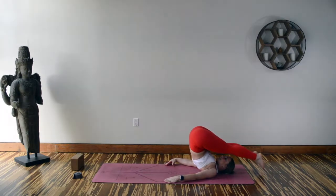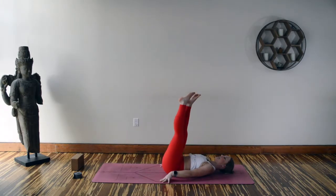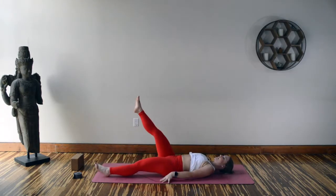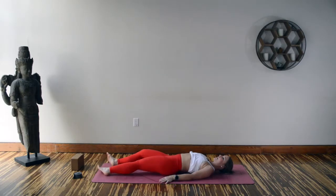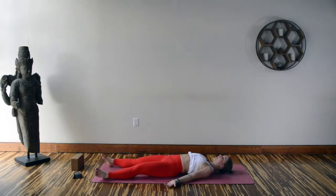Or if you're ready, we can just slowly lower all the way down onto our spines, giving the legs a nice shake so they fall open naturally. You'll pick up your chest to roll the shoulders down away from the ears, turning the palms up for receiving and down for grounding. Just allow your mind and body to drift here, scanning from the crown of your head